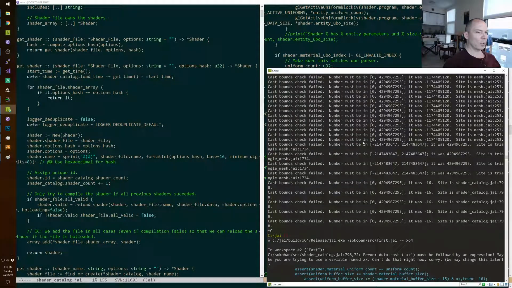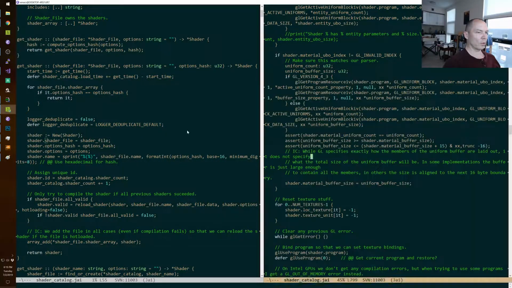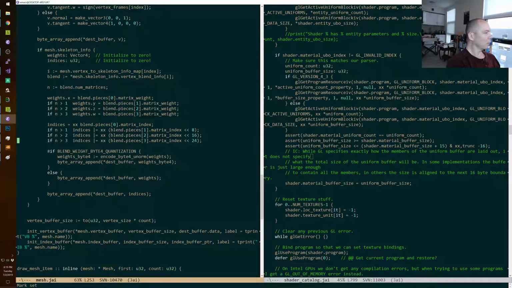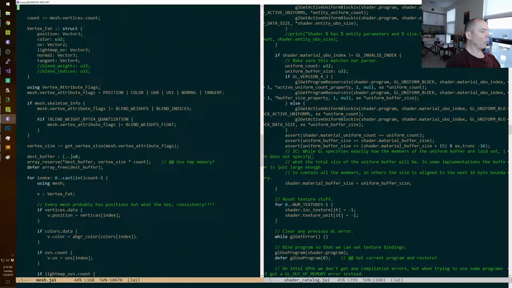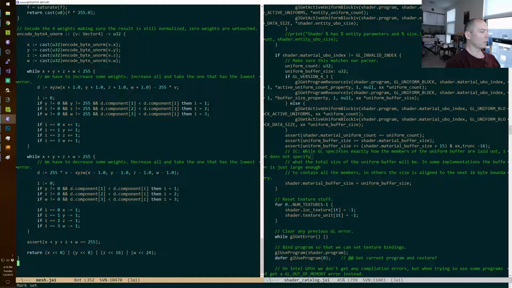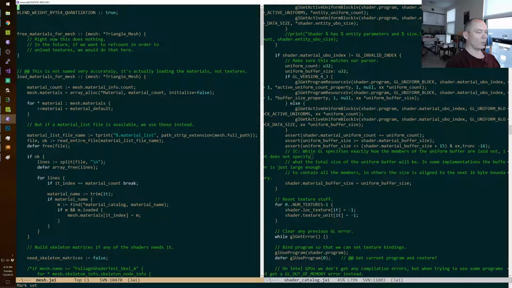Let's look at the mesh catalog or mesh. Uh-oh. Okay, we'll look at that one separately. That looks like we're ORing something. I don't know.